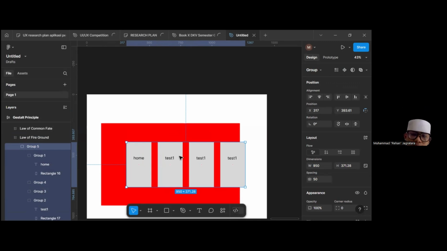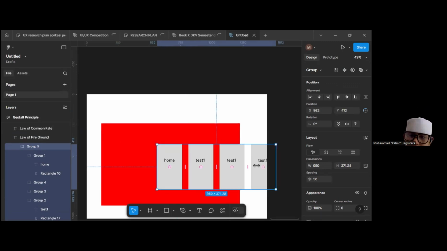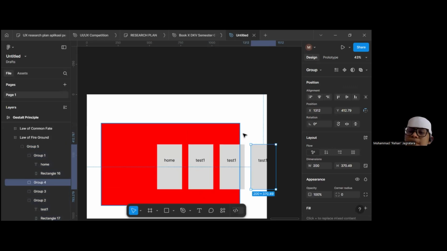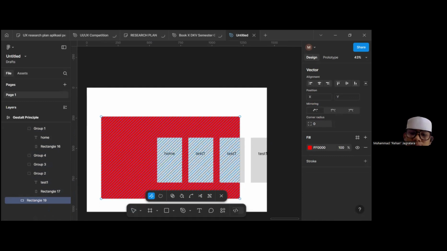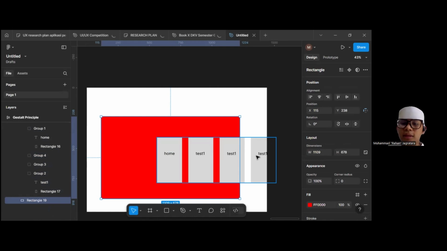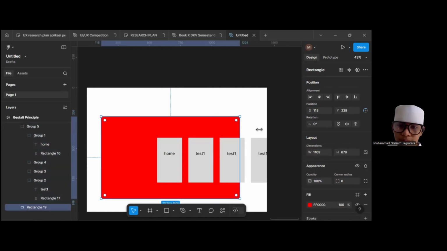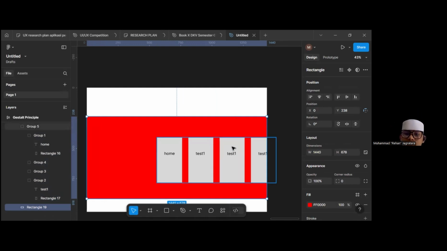If we move it here, even if the element is outside of the group, it is still in the same category, from the same group, like here.